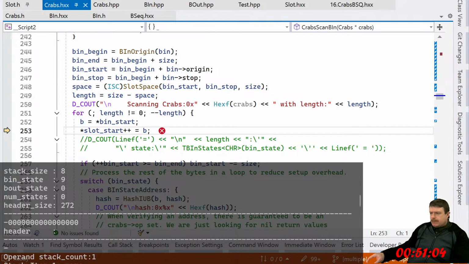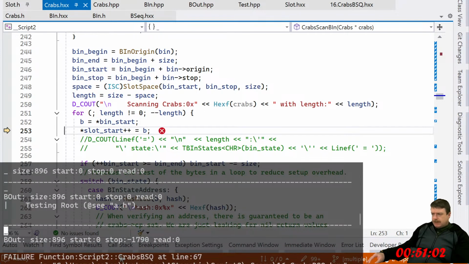Why does it still have two B outs? Start, stop, read. Size. All right, and then what is the so what? I'm just so confused. Why does it say two B outs?